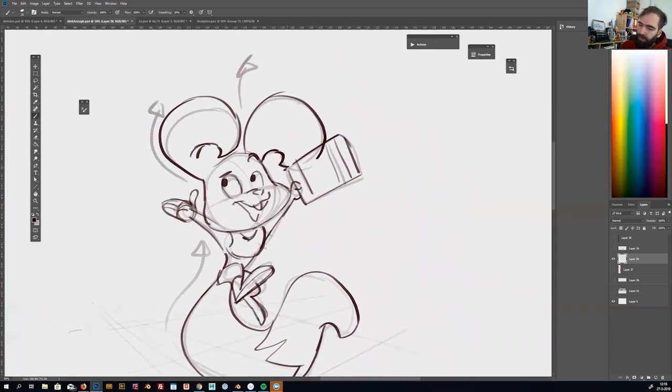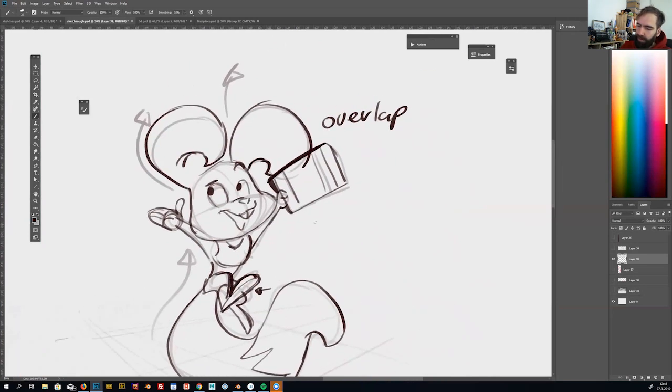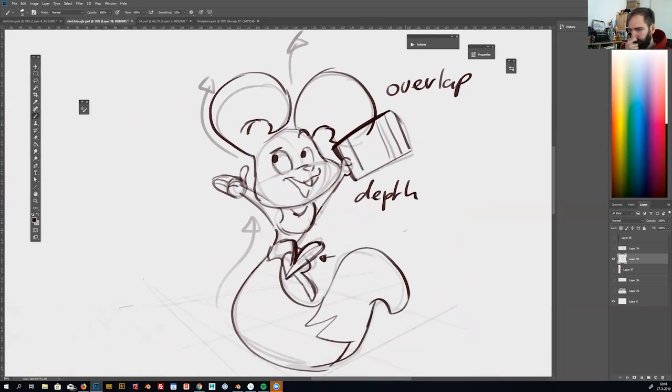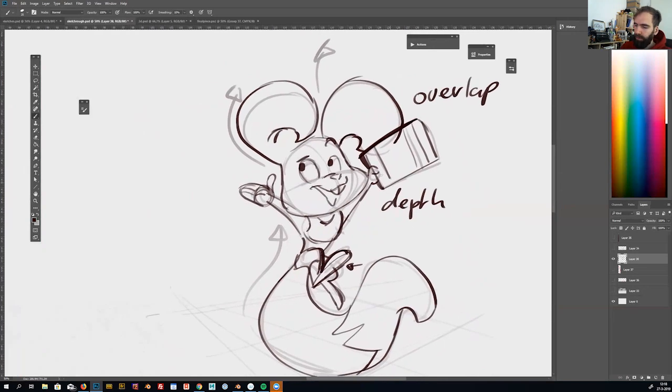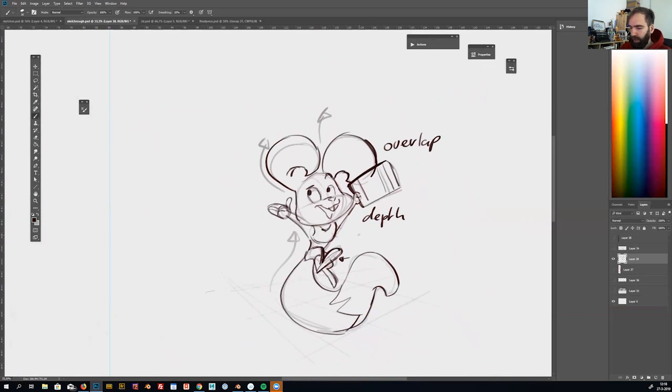So there's also overlap. And overlap means when something is before the other thing. So here, this leg is overlapping this other leg, and that creates depth. So that's also what I try to get into my drawing. So his ear is behind that one. And I also try to get the silhouettes clear. So